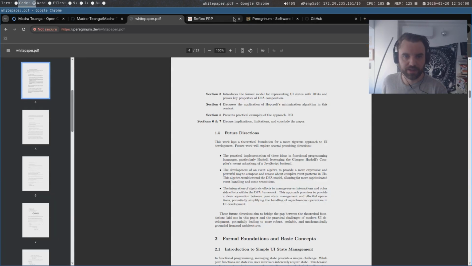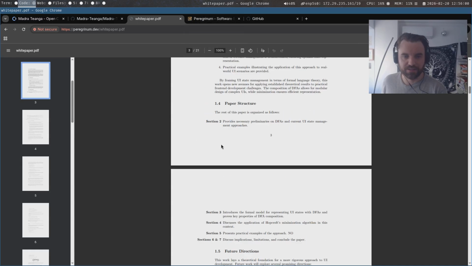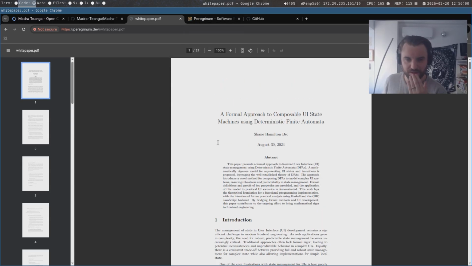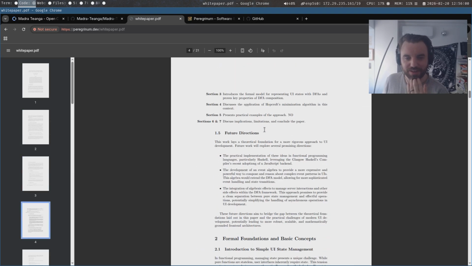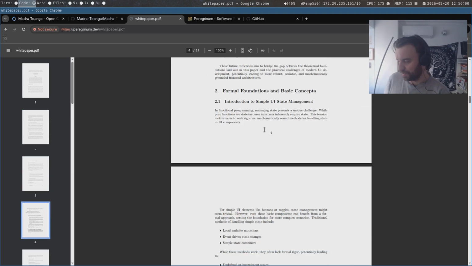People won't believe me when I say this, but this white paper is something I wrote last year with Reflex FRP. It's a mathematically defined way to get finite state machines, a concept in computer science where you can have a system that has no broken states, that has everything defined.